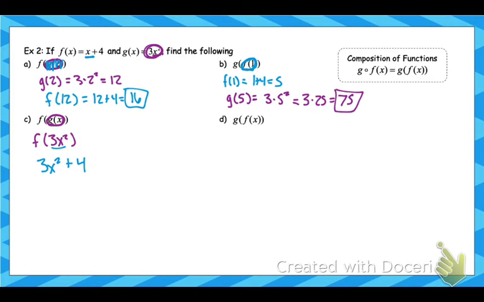Okay, because again, the g of x function replaced the x in the f of x function. Oops. All right, let's try another one. G of f of x. Okay, so g of f of x. F of x is x plus 4. So to do g of x plus 4, we replace the x in the g of x function with x plus 4. So 3 times the x gets replaced with x plus 4, and the x in the original function